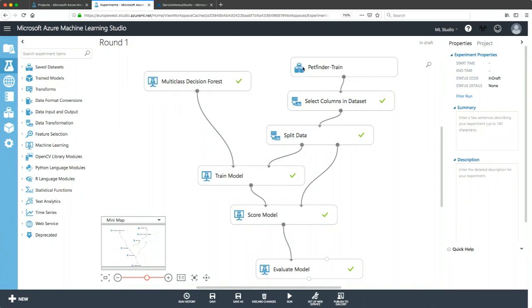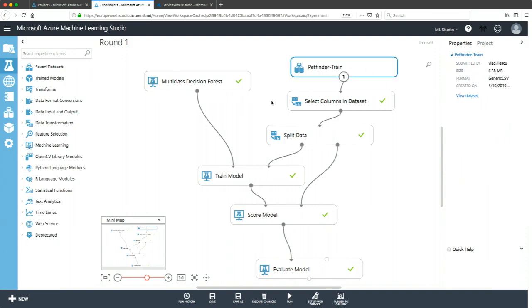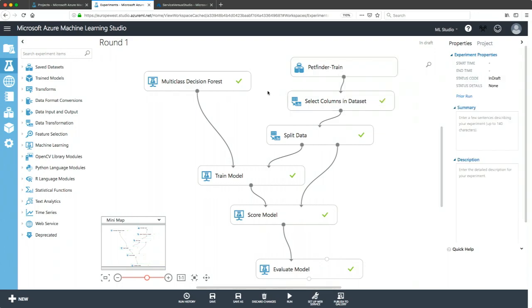And for example, as you've seen before, this is my data set, which I've loaded into another part of the system. I'm not going to go into that right now. So I've uploaded it as a CSV, but I could have just as easily taken it from an Azure database or from a blob storage and so on, right? And it has only one output, which allows me to either download or visualize the data set, right?